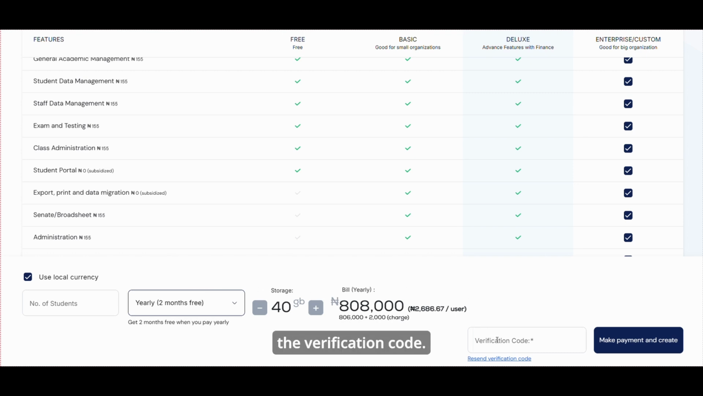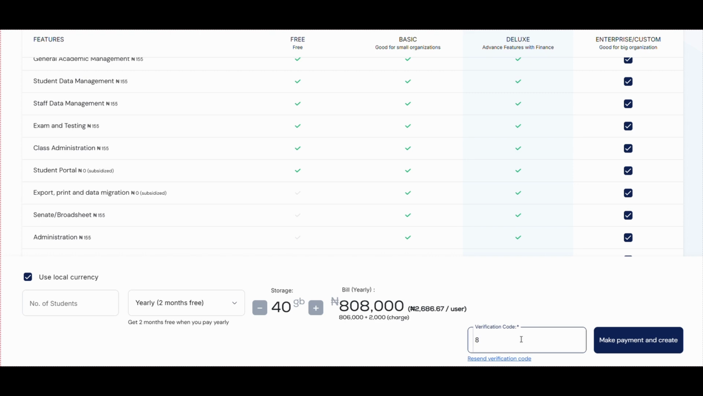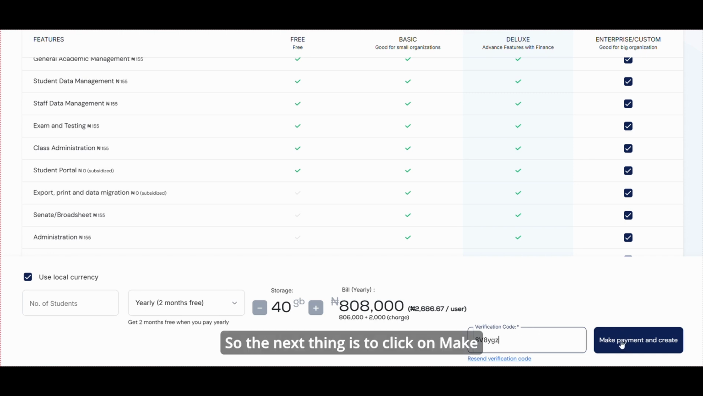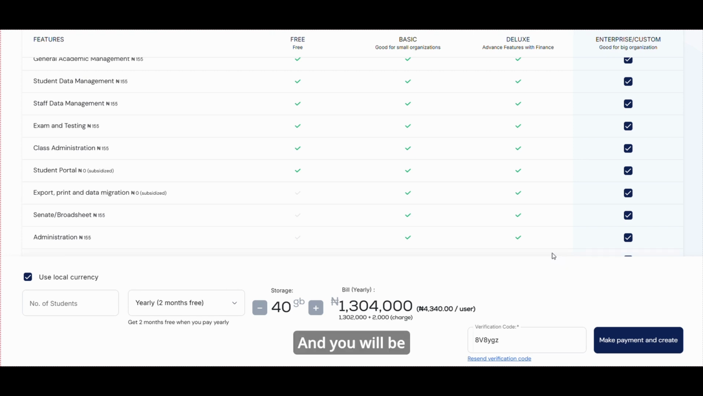So you're going to enter the verification code. Let me fetch the verification code from the email I provided. So I'm going to fetch that from my email. So yeah, I have my verification code here. So it says it's capital V, YGZ. I think it's lowercase YGZ. So the next thing is to click on make payment to create the school, and you'll be redirected to